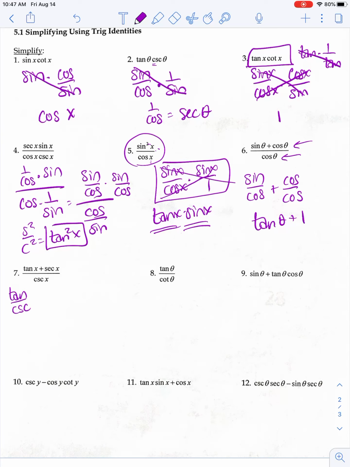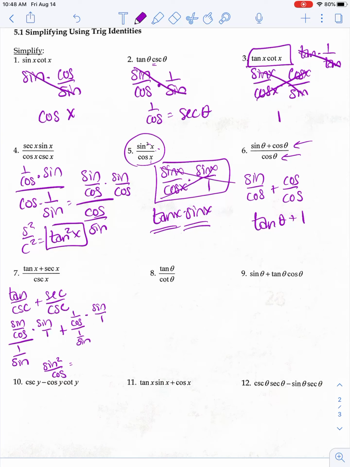I'm going to pull this one apart also. So I'm going to have tangent over cosecant plus secant over cosecant. Tangent is sine over cosine, and cosecant is 1 over sine. I'm going to go ahead and Bojangles that. And so that's going to give me sine squared over cosine. Now let me do this side. Secant is 1 over cosine, and cosecant is 1 over sine. I'm going to flip it,